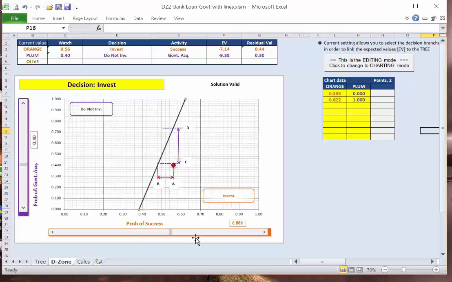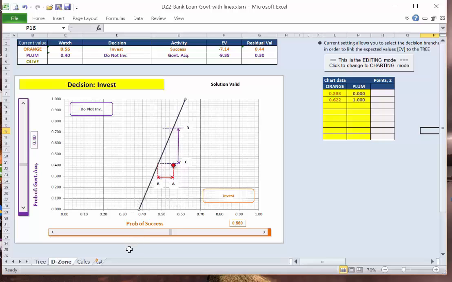What is important to note is the horizontal distance and the vertical distance of the diamond pointer from the demarcation line. Under this scenario, the decision is to invest. But if the diamond pointer crosses to this side, the decision is do not invest. And let's demonstrate that. There you are, change to do not invest. Go back to here. The distance from A to B is the degree of freedom or latitude. What it tells us is, though we started at 65% up here,